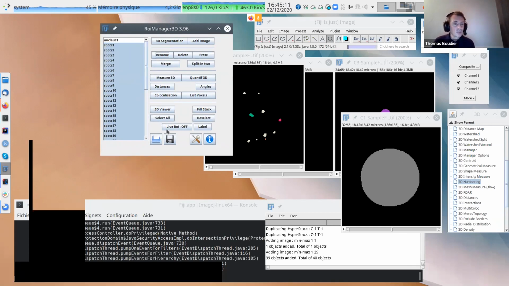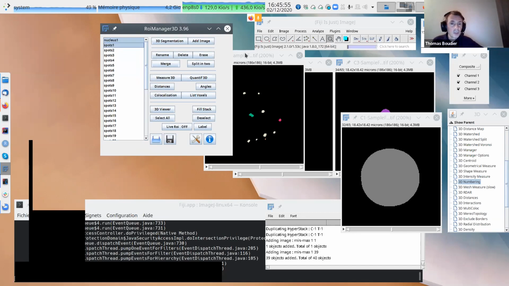It can be interesting eventually to save this list where you have the nucleus and the spots together. So okay, the next one is distances. We will see later with Jess, maybe with Diana, how it can be a bit more interesting to have this kind of distances. For this one, of course, you have one list with the objects coming from different images. In Diana, we can see we have two lists, so it's a bit more straightforward.